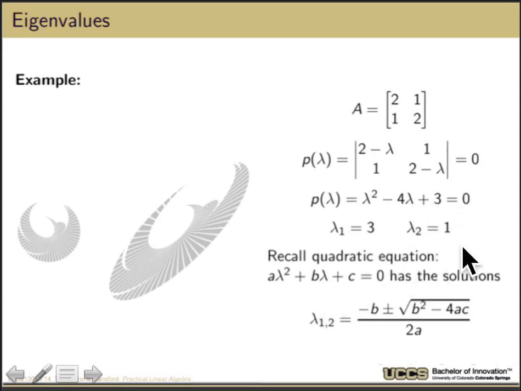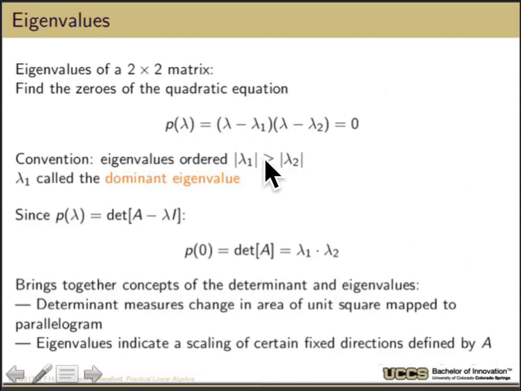And for 2D, finding the roots is easy, because you can just remember that for any quadratic equation, a lambda squared plus b lambda plus c, you have the solution minus b plus or minus the square root of b squared minus 4ac, divided by 2a. So you can remember that formula. In general, what I really need you to know is that it is this characteristic polynomial, that's how you get to it, and then you want to find the roots of the polynomial. So when we go to find the roots of that,